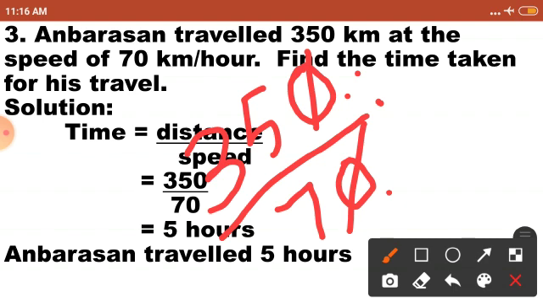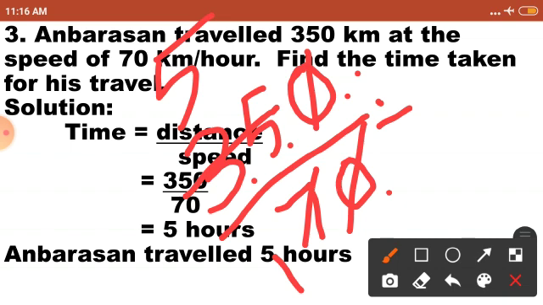7 1 is 7, right? Likewise 35 will be divided by 7. 7 5s are 35. So I am going to divide these two numbers with 7. So see this, 7 1 is 7. Coming here, take the first number 3. You can't divide this with 7, so I am taking the second number together. Now this will become 35 and 7 5s are 35.